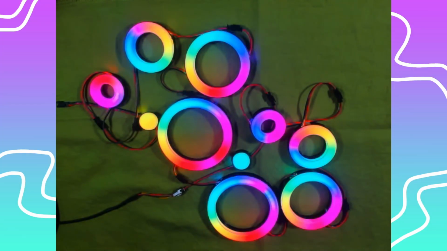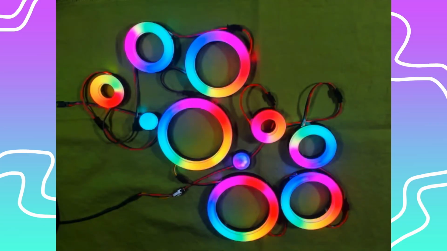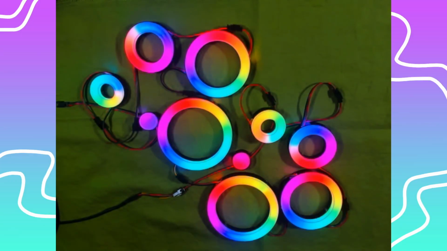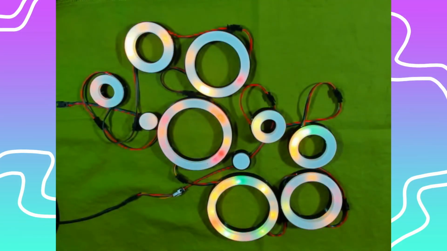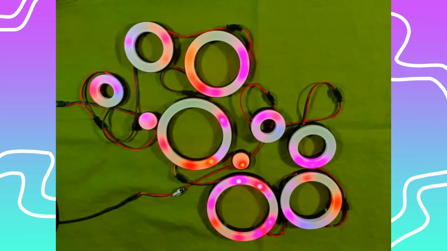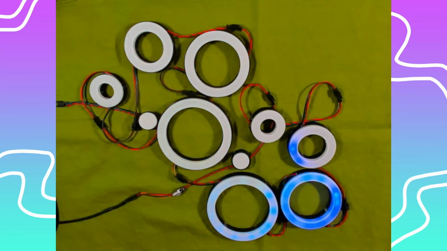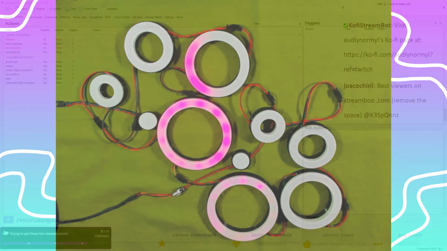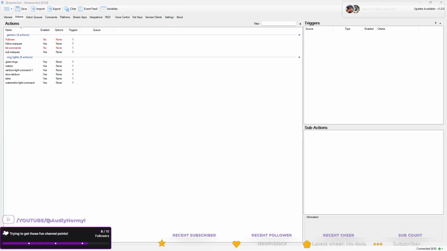Well, at least for now, we can just enjoy the effects that are already on here. The idea in the future would be to set these up for channel point redeems. But for now, the shortcut we're using is to just do Streamerbot. If you've never seen Streamerbot before, it's kind of cool. Okay, the screen is set up. All right, good.